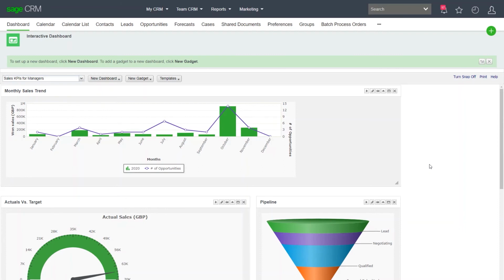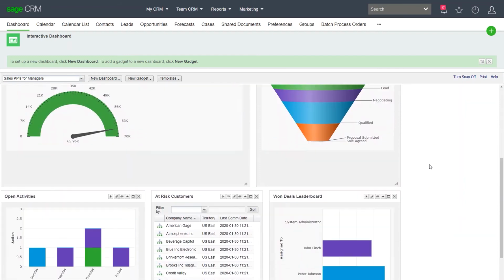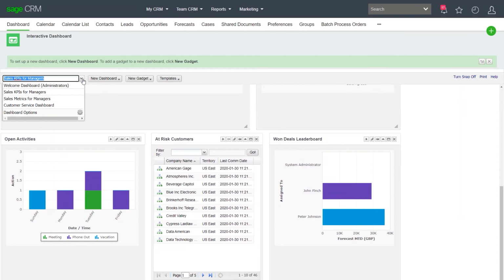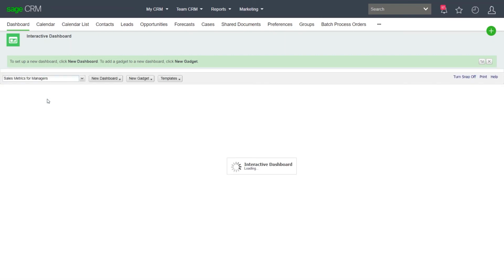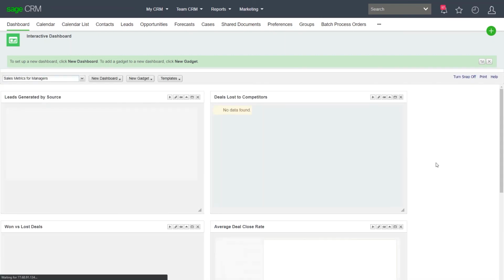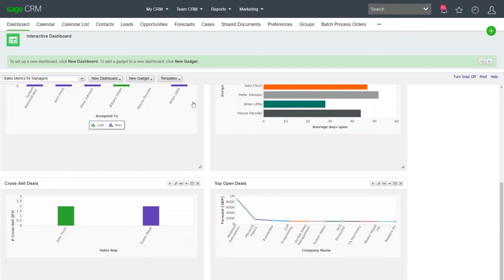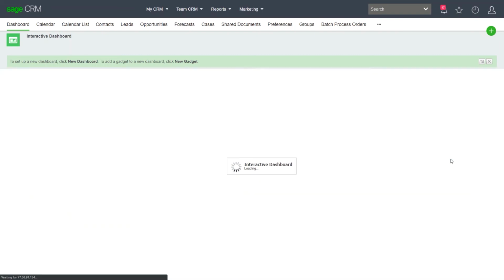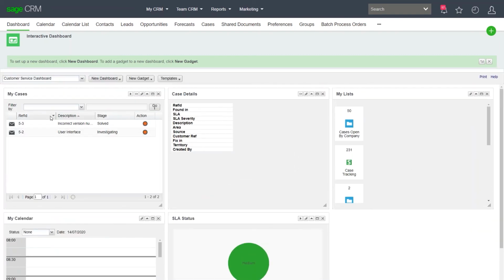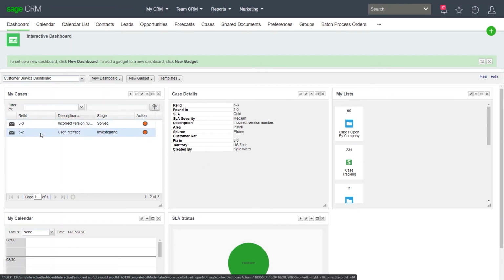Sage CRM has a rich array of reports and dashboards available out of the box that visualize the data held within the system to the user in an easy to understand, informative way based on their role within the business. This can show bar, line, and pie charts as well as funnels and lists. Furthermore, dashboards can be interactive, allowing the user to display lists of records and interact with the records to show further information, all from within the dashboard screen.